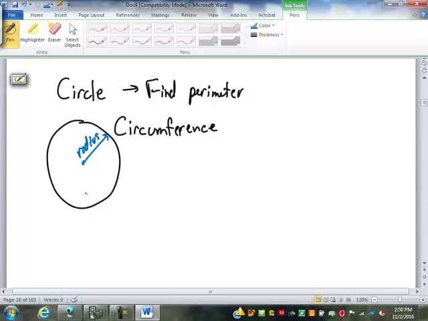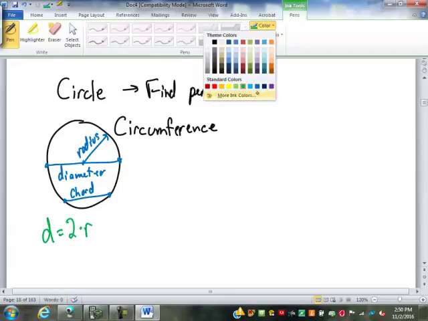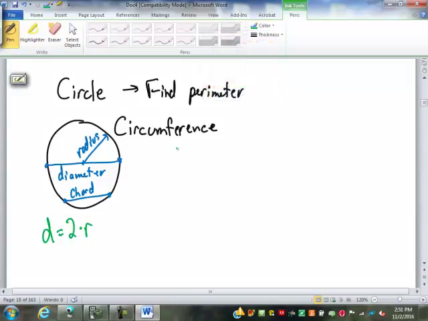or its diameter. A chord attaches 2 parts of the circle, like that. A diameter is just defined to be a chord that contains the center of the circle. Our relationship here, of course, is the diameter is just equal to 2 times the radius. But anyway, back to our circumference, which we're just going to signify with C,